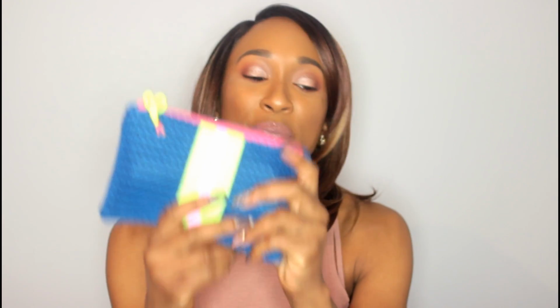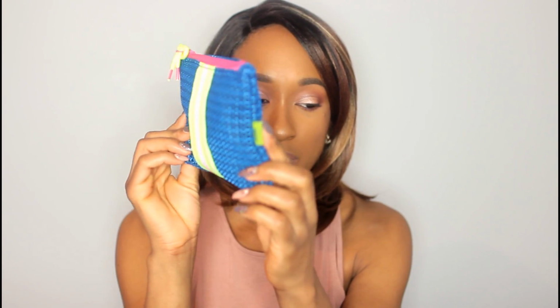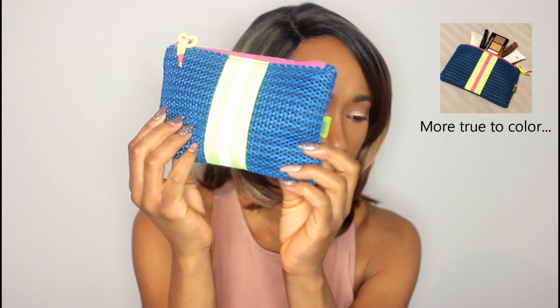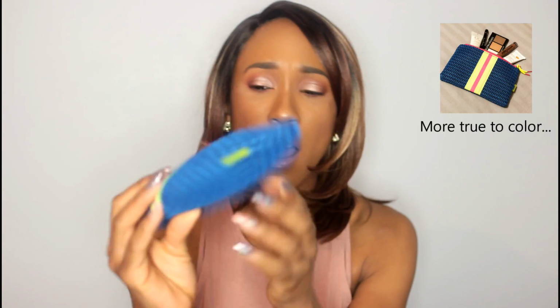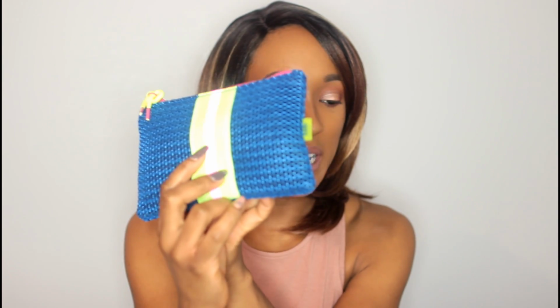I have already seen what the bag looks like, but this is what the bag looks like. It looks a little washed out on my computer screen, so I'm hoping you are actually picking up how bright this is. This is like a neon green, but it doesn't look like that on my screen. I actually really like this bag. I know people were having mixed emotions about it